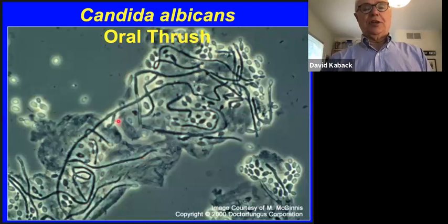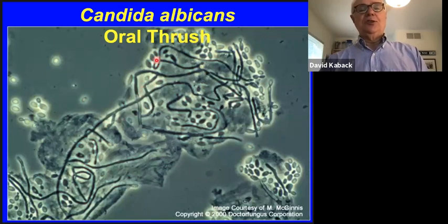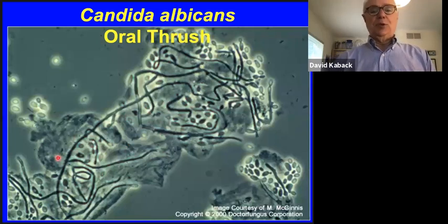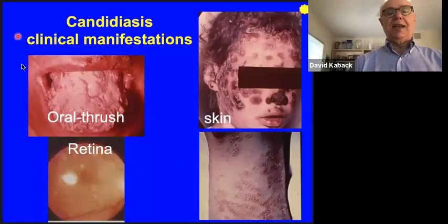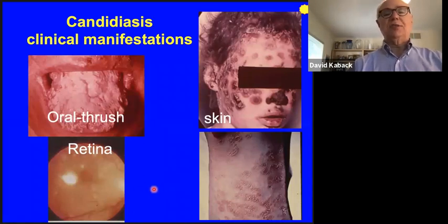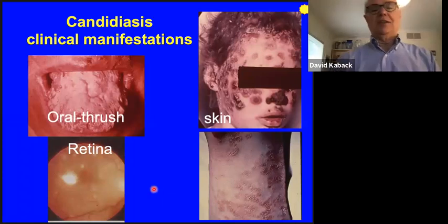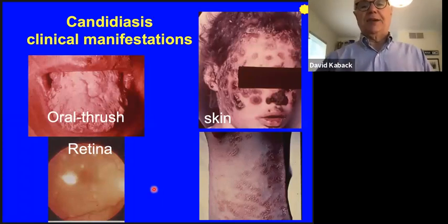If we look at oral thrush under the microscope, we would see epithelial cells with hyphae, as well as pseudohyphae, as well as yeast cells growing all in that mucosa, okay? Candida is really dangerous, okay? It can cause a systemic infection that can affect the retina, the skin, as well as systemic organisms. You get it in the hospital, you have an infection, it is highly fatal. They try treating it with amphotericin sometimes, but it's highly fatal if you're immunocompromised and you get a systemic infection.